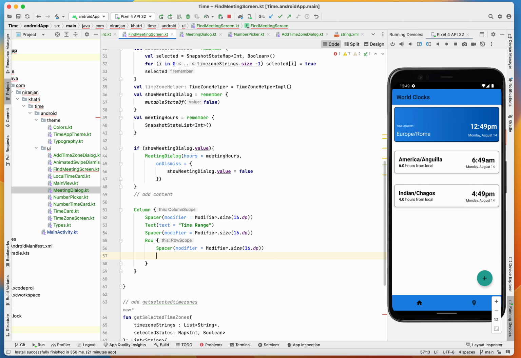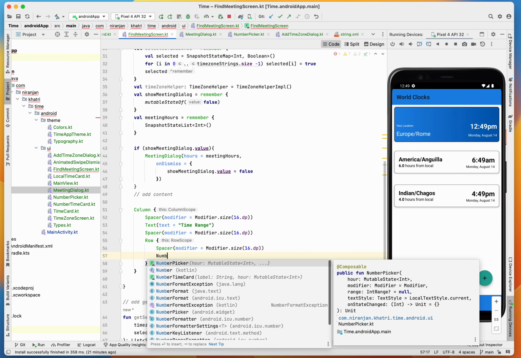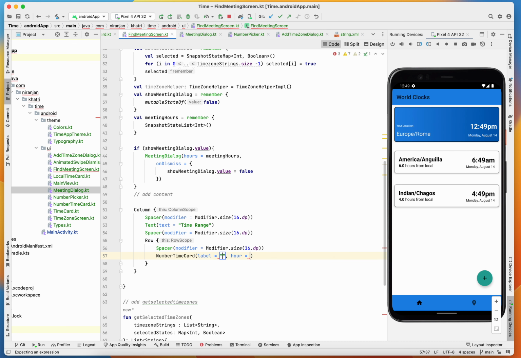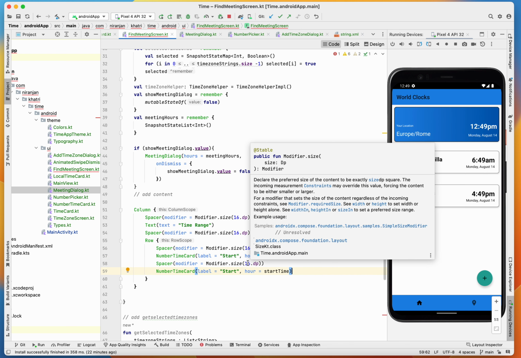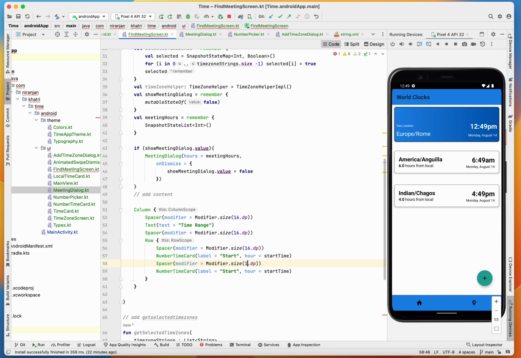spacer, number time card. Okay, label is start, hour will be your start time. Similarly, you also have a similar spacer of 16, then let me double it to 32, and we have an end and the end time, right? And finally we also need another final spacer of 16. Oh no, sorry guys,